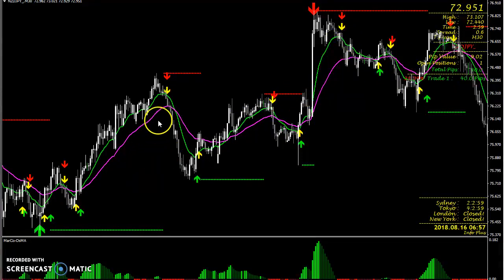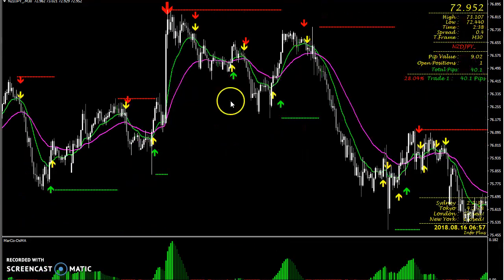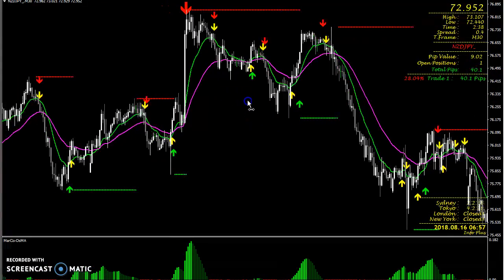I really don't focus so much on the moving averages like a lot of people do. Some people are in love with the 50 moving average, and some are in love with the 5 and the 13 crossing over the 50, and all these other ones. I really don't pay attention to that. I use it as additional confirmation, just like I do this